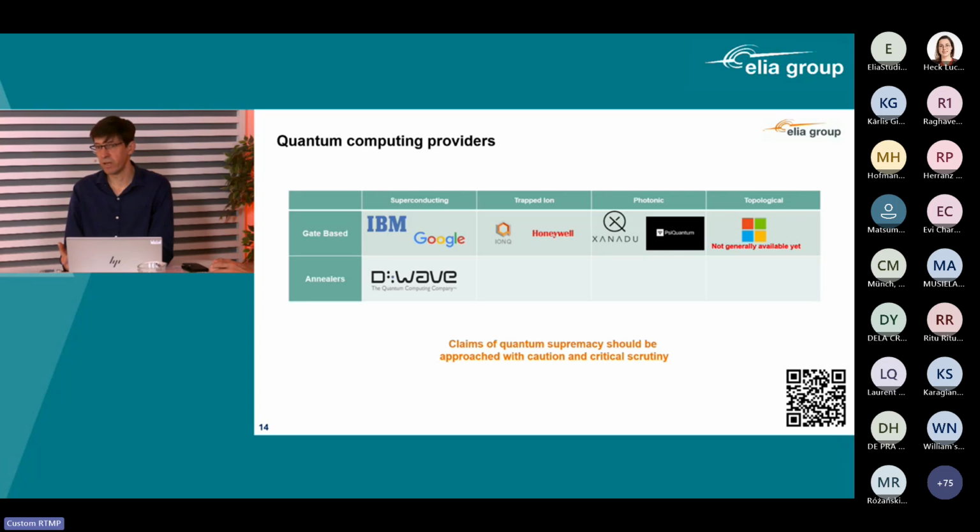And in terms of quantum annealers, the most known one today, and which is open to everyone for use, is D-Wave. And we have to be careful because these different providers sometimes claim quantum supremacy. They say that they have been able to run an algorithm much faster than a classical computer. It's true, but these algorithms they are testing might be of no interest for everyday life problems. Of course, it's of interest for computer science research, but as of today, there is no supremacy when it comes to a useful everyday life problem.